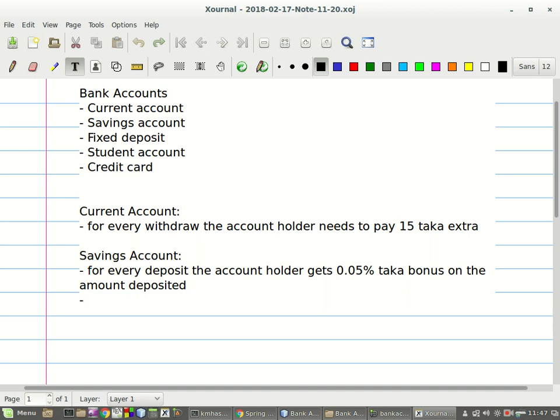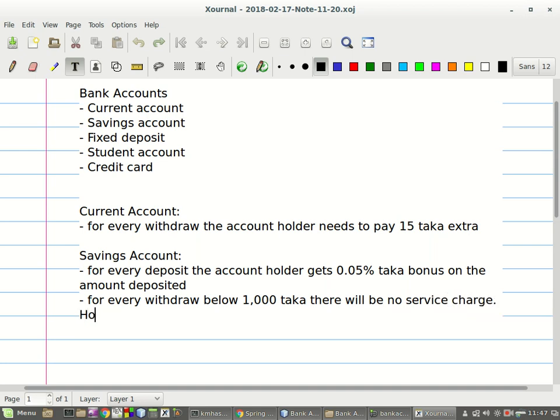Let's say we have another rule. For every withdrawal below 1,000 taka, there will be no service charge. However, for withdrawals above